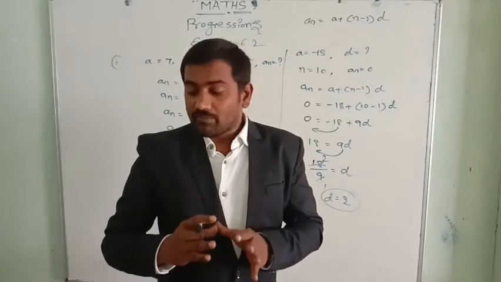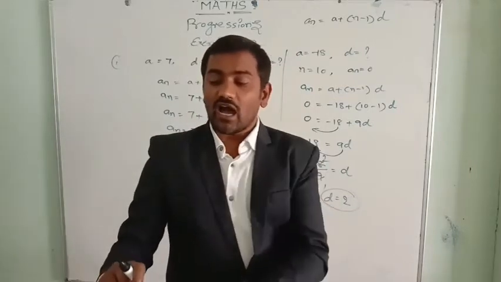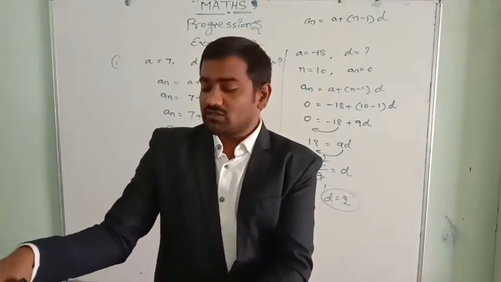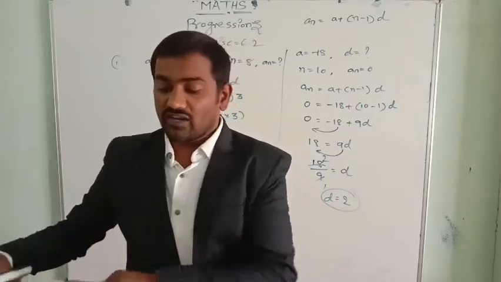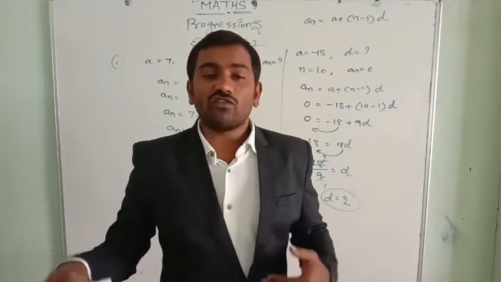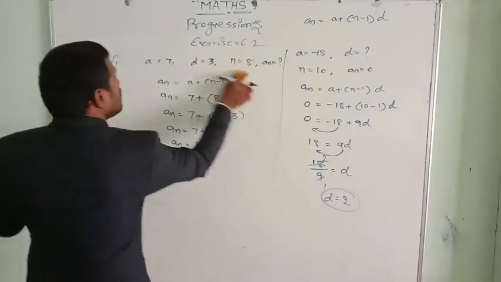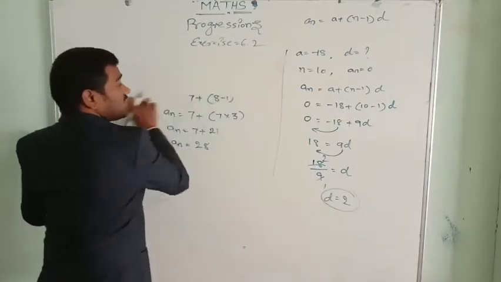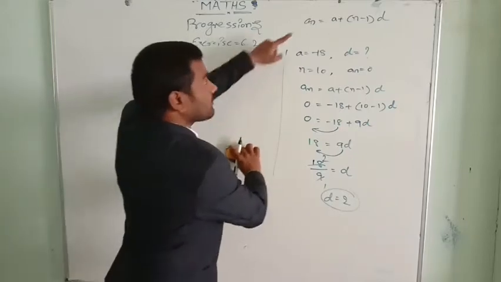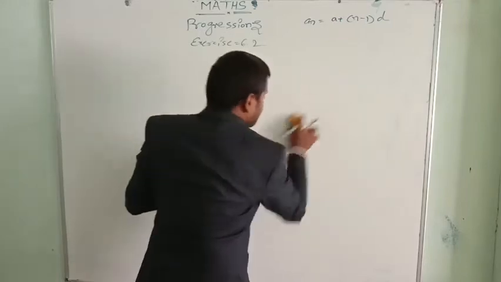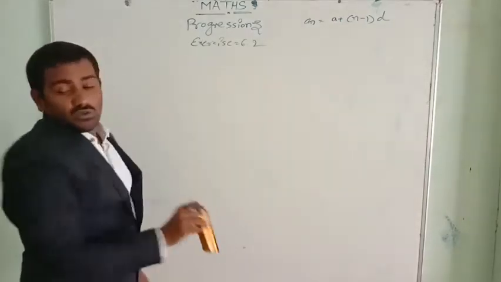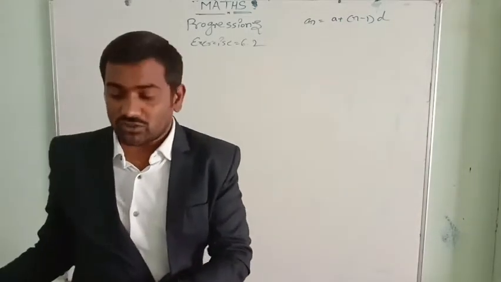Yes. In this way, we can also find the remaining unknown terms. When 3 of the terms are given, we can find the fourth term. I hope you can do the remaining 3 questions now. Solve the problems the same way: write this formula and substitute the given values, so that we will get the answers. Next, I go to the second bit of questions.